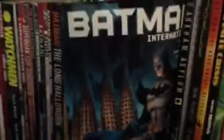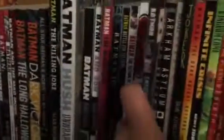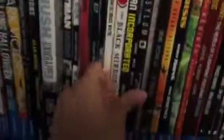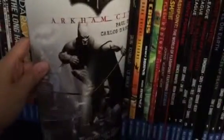Anyway, yeah. And then here we have Batman International. It has a great Killer Croc story in this book. And there's not many of those, so I must say you should check this out. Batman Arkham Asylum by Grant Morrison. Amazing art. Crazy story. A Serious House on Serious Earth. But yeah, this is for hardcore comic readers, or graphic novel readers, I guess. And I am one of those, so I got that. Then we have Batman Arkham City, based off the hit video game, by Paul Dini. Hold on, let me just...